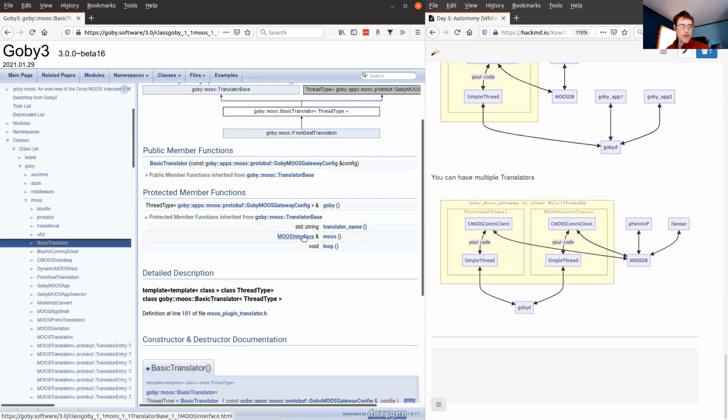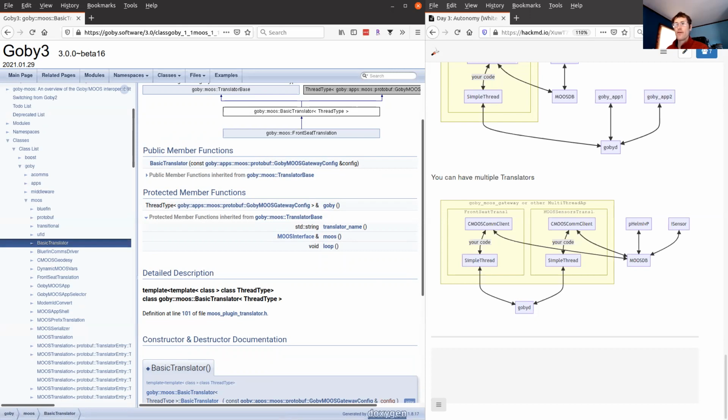And we have Moose, which returns this Moose interface thing we'll look at a bit. And then just the name of the translator and a loop method. This looks a lot like loop in every other context that we've seen so far. So really there's just two things we care about: you want to do something with Goby, you call Goby, and you want to do something with Moose, you call Moose.